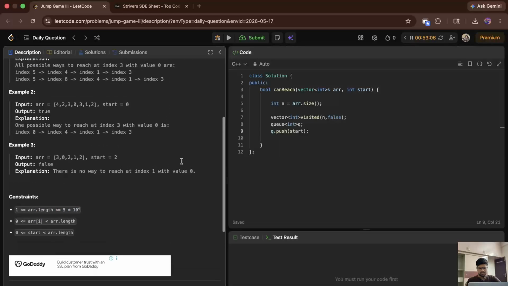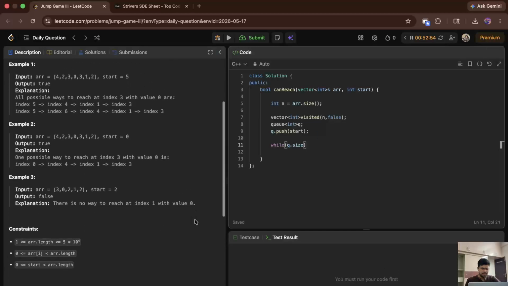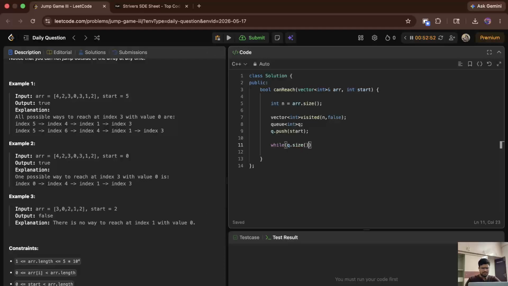Oh, this is also fine. Let's, when we did, yeah, if we just check q dot size is 0, it is a very valid constraint, because either when q is empty we got true, or